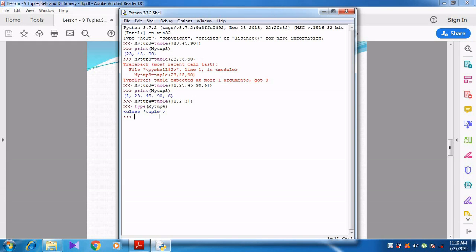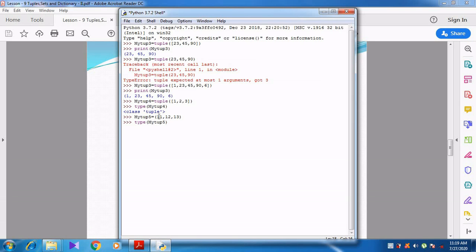Instead of this, I can use a simple way, myTube5 is equal to, instead of using the tuple function, directly I can give parentheses 11, 12, 13. Simply I give parentheses, and then I use the type function on myTube5. So now what happens?